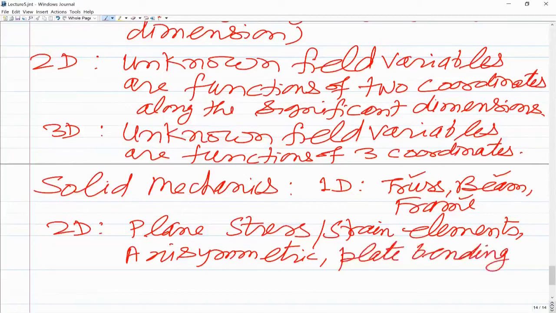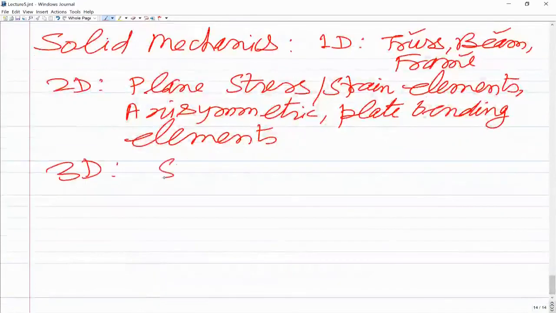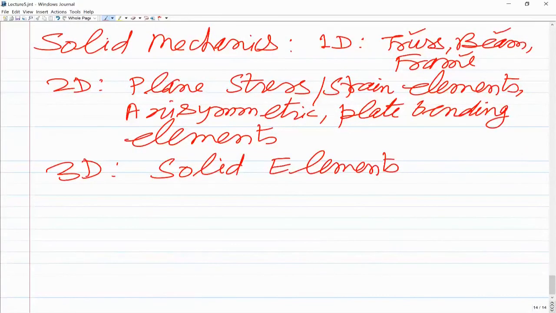Sometimes in the packages these are referred to as shell elements, but they are actually plate bending elements. So you have plate bending elements. And then in 3D you have what are known as the solid elements, usually referred to as solid elements. So this is what you see when you're looking at the packages, you will have a different library of elements,